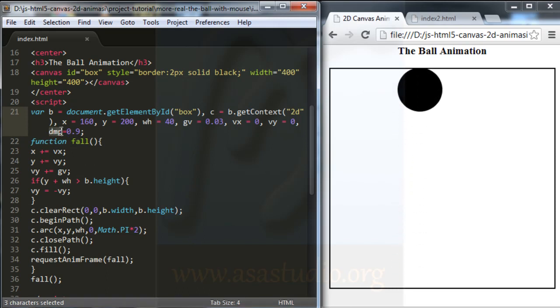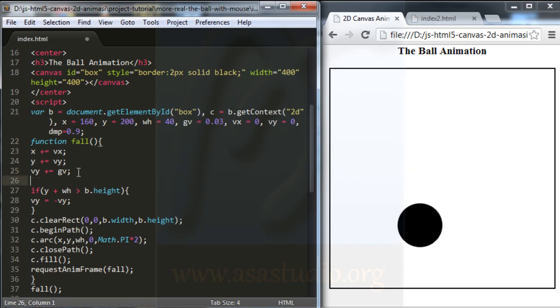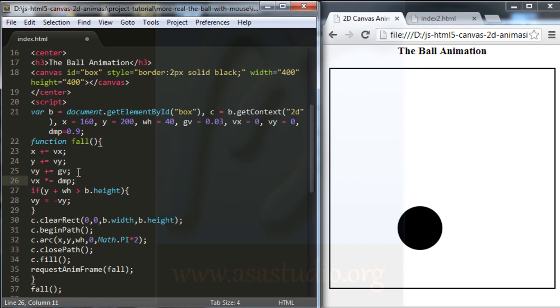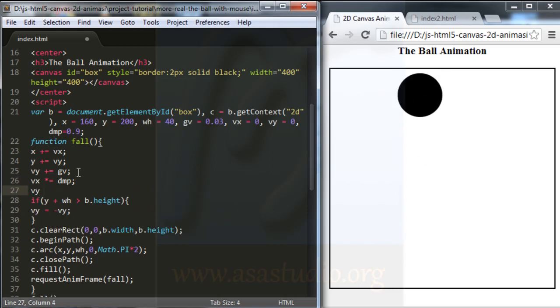Okay, if I have the DMP variable, now I add in here, I type vx multiply equal by DMP, and vy multiply equal by DMP.